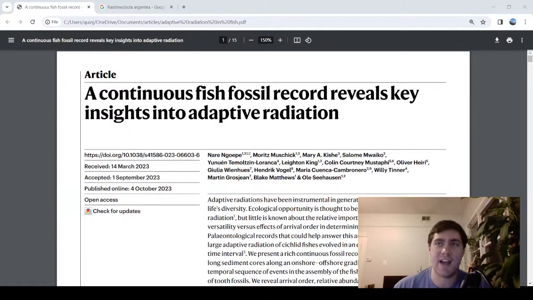I don't know if just having more diverse genetics in the fish just makes them better, makes them more able to adapt to the new environment. But yeah, no, I thought this article is pretty interesting. And if you did